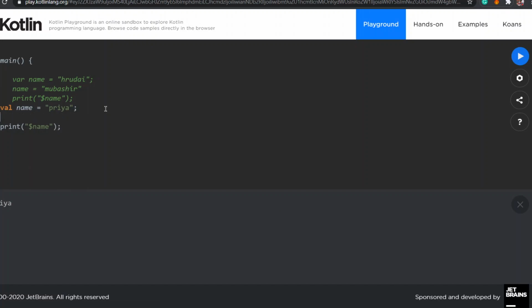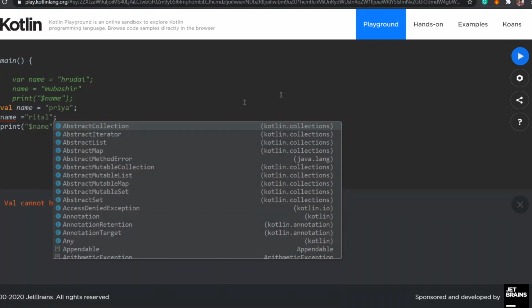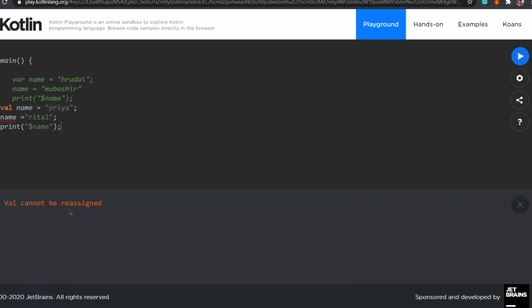Here if I want to update this, name is equal to something, as you can see here, val cannot be reassigned, which means we cannot update or change the value of this val. Yes, obviously we can set it here, but once this is declared, after this line you cannot change the value of this val.